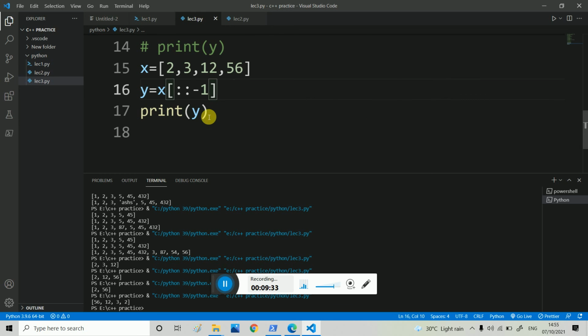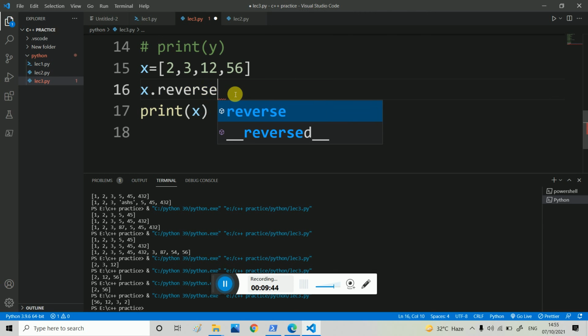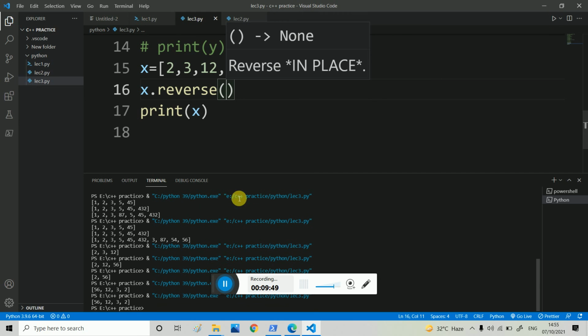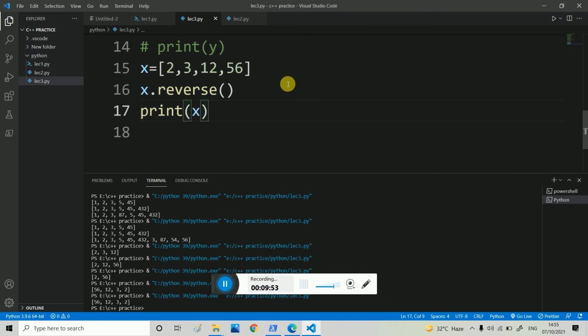And I tell you a new method, so here I write x dot reverse. So the list will be reversed. I think you understand that two methods are used to reverse the list.